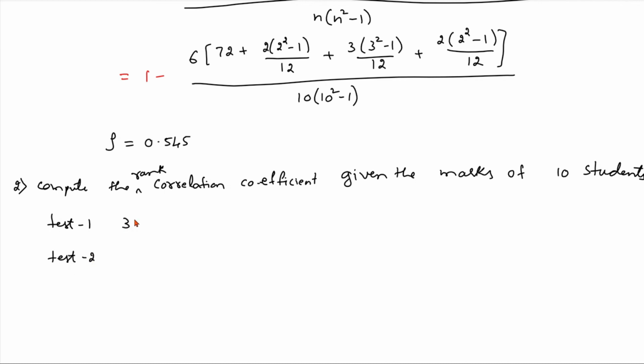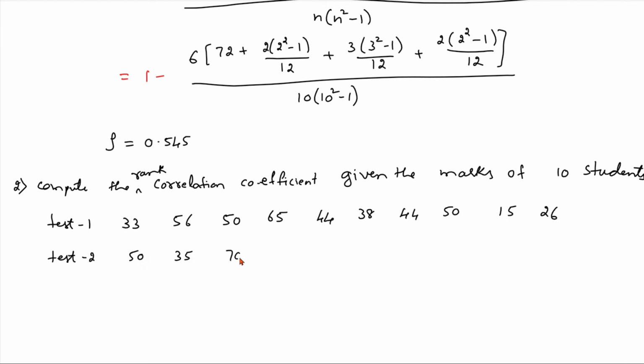So you can just take down this table: 33, 56, 50, 65, 44, 38, 44, 50, 15, 26. Test number 2 is 50,